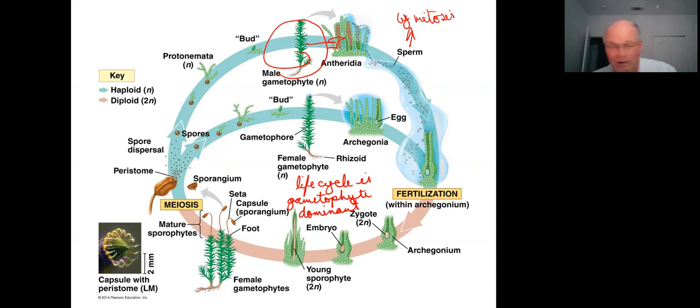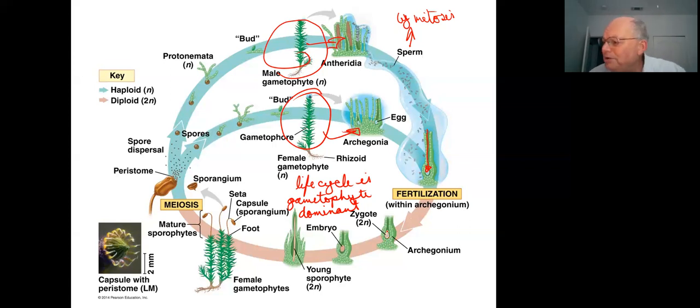They need to swim through a fairly substantial amount of water to make it across to the archegonium, which is found in the female gametophyte. So you have the archegonium on the female gametophyte, usually on the tip of the gametophyte. Inside the archegonium, the eggs are developing at the base of the archegonium. The sperm enter the top of the archegonium, swim down and fertilize the egg in the base of the archegonium. That gives rise to our